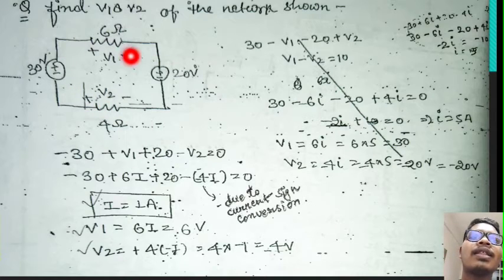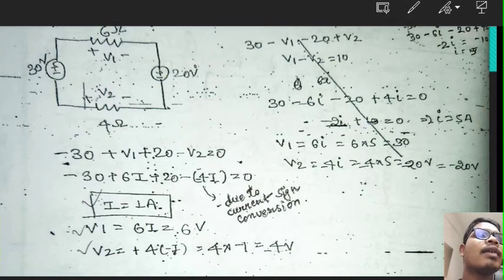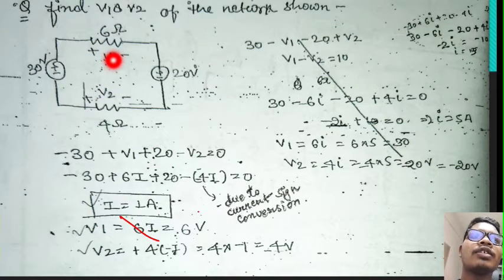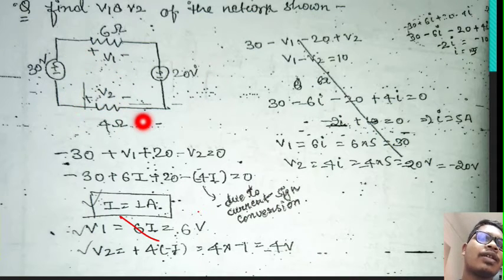So see here, this is the one circuit now. So the current will be I. Actually, one amount of current, that is I, will be flowing across this circuit. Okay. So we are taking here this voltage, convert this voltage to current into resistance. So V is equal to I into R, I into 6 plus this 4 into I. So how does the minus term come here? See, due to the current sign convention. How? Because it is going like this now. So this is minus to plus, this is plus to minus. So one minus sign will be placed over here.